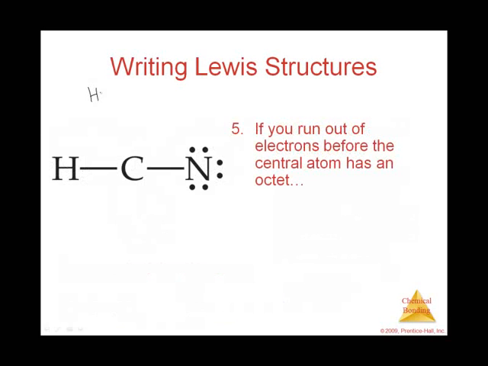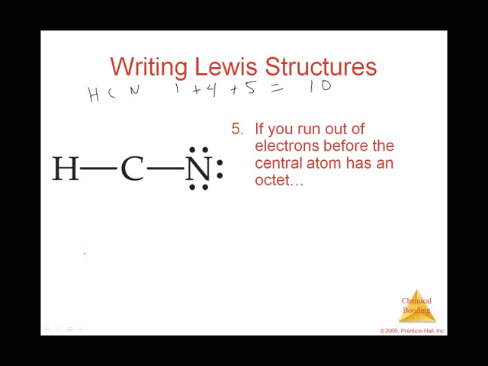We have H, C, N. Hydrogen is 1. Carbon has 4 valence electrons. Nitrogen has 5. That's going to be a total of 10. So I've got 2, 4, 6, 8, 10 electrons. Nitrogen's happy because it's got 8. Hydrogen's happy because it's got 2. But carbon only has